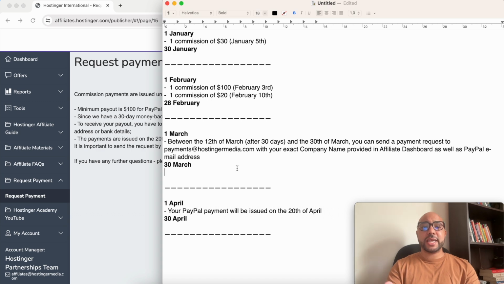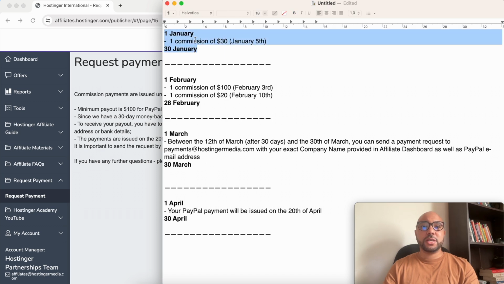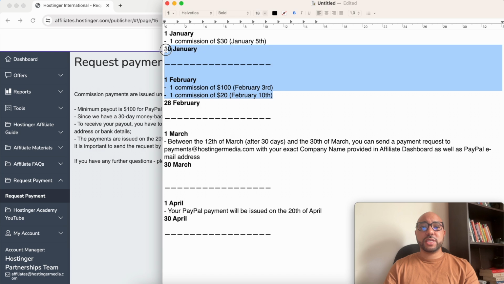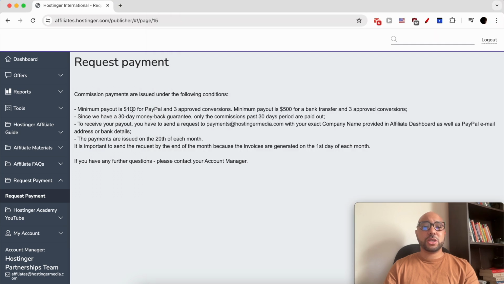I've prepared this timeline to help you clearly understand how to withdraw your money from the Hostinger affiliate program. Let's say that in the month of January, you received your first commission of $30 on the 5th of January. The next month, February, you received 2 commissions. The first one was for $100 on the 3rd of February, and the second one was for just $20 on the 10th of February. With these 3 commissions, you've met the condition of minimum payout of $100 for PayPal and